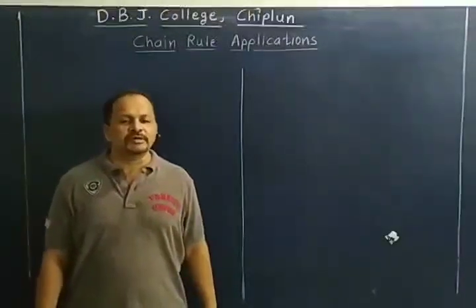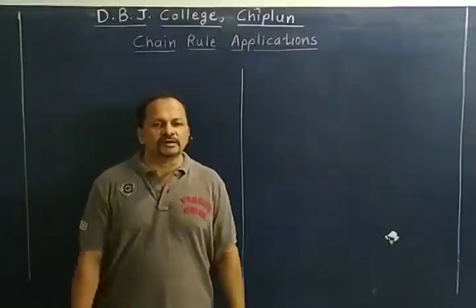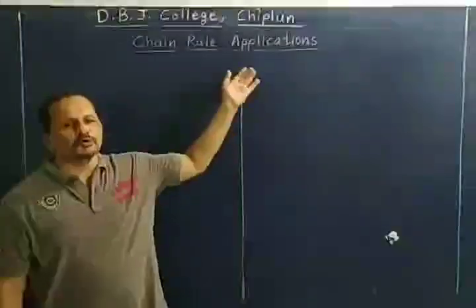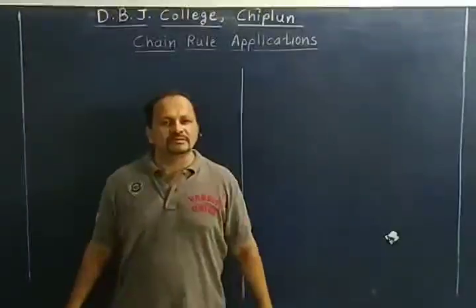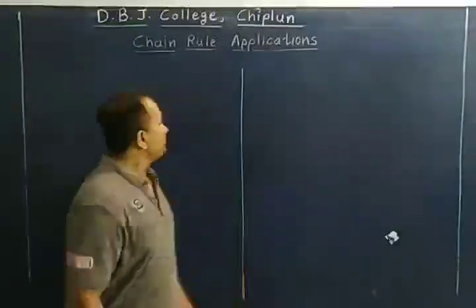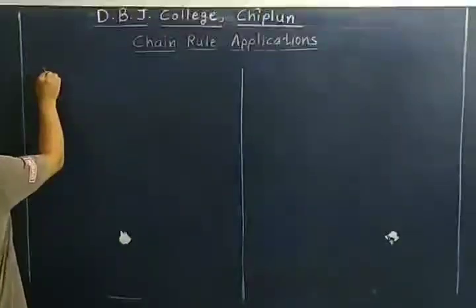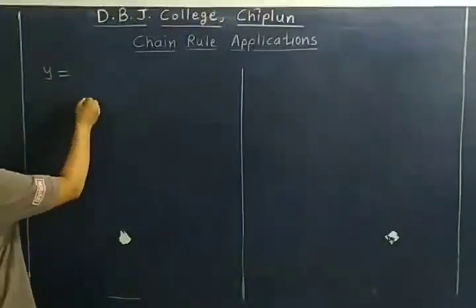मागच्या भागात आपण चेन रूल बघितला. आता चेन रूलची ऍप्लिकेशन्स बघूया. चेन रूल वापरून काही डेरिव्हेटिव्ह फाइंड आउट करूया. पहिला प्रॉब्लेम घेतो. फाइंड द डेरिव्हेटिव्ह ऑफ y इज इक्वल टू